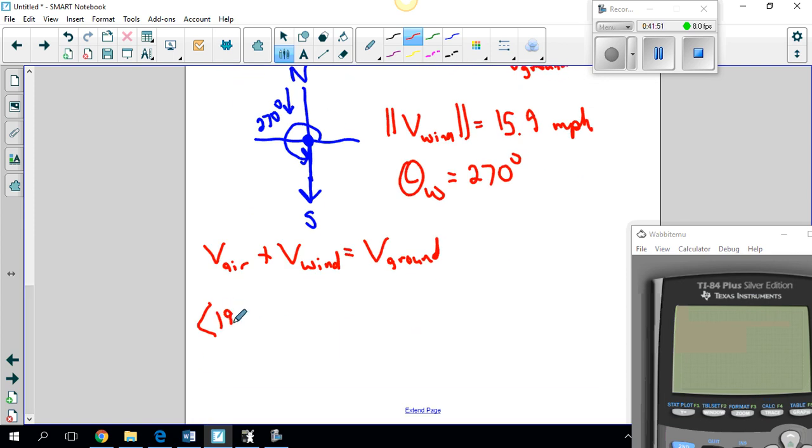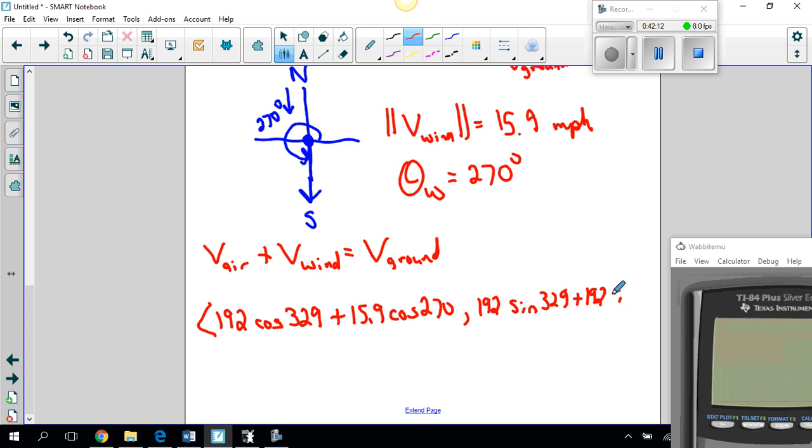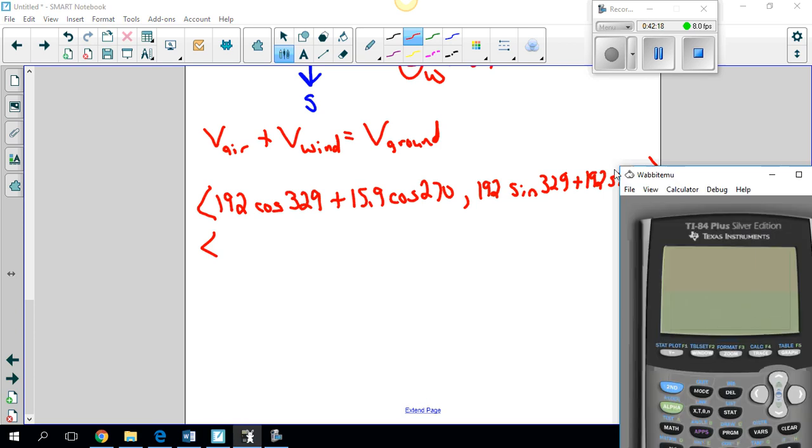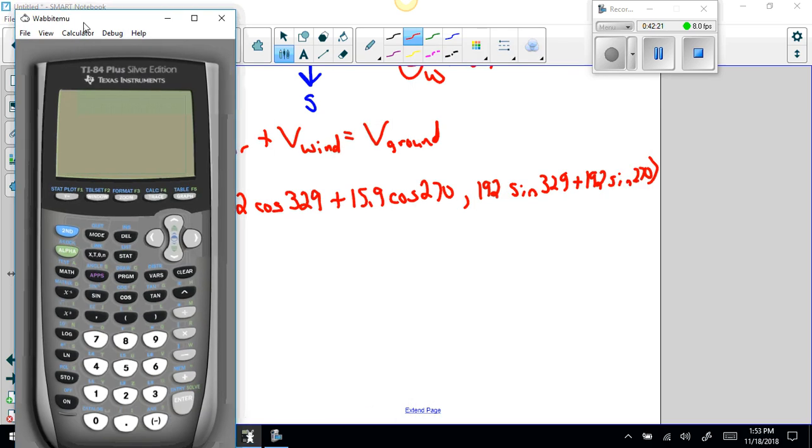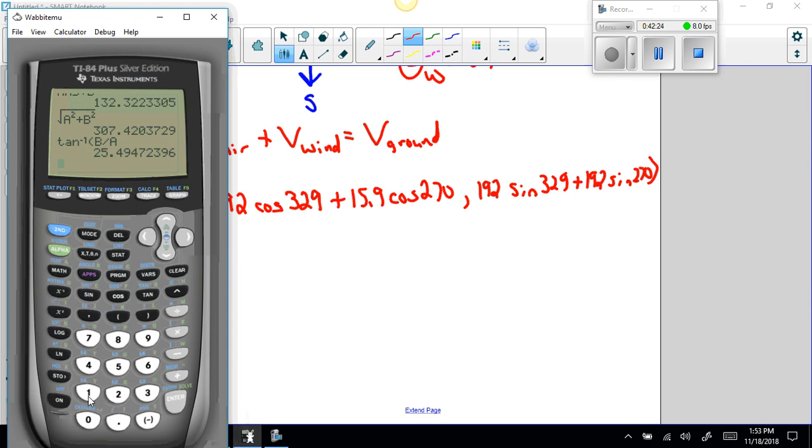So 192 cosine 329 plus 15.9 cosine 270, 192 sine 329 plus 192 sine of 270 gives you